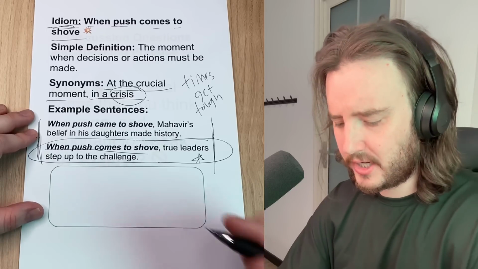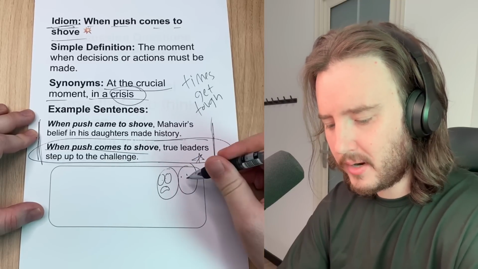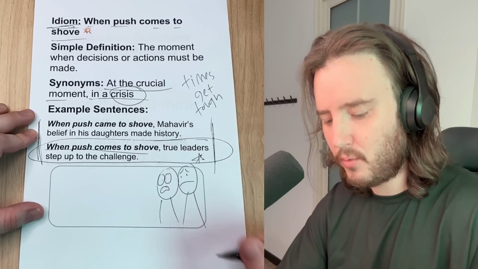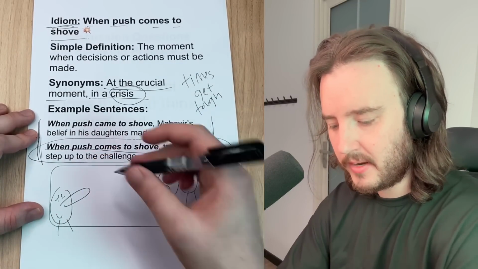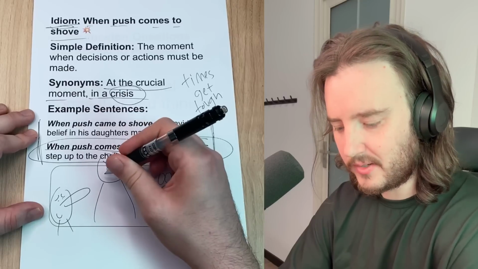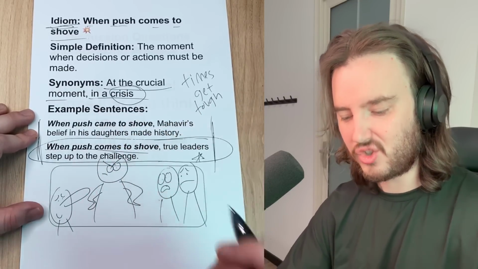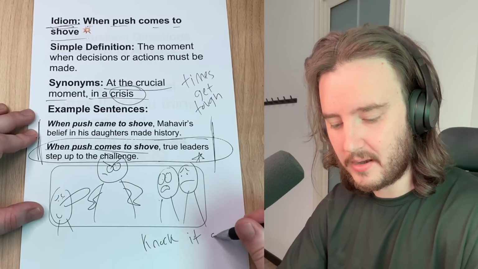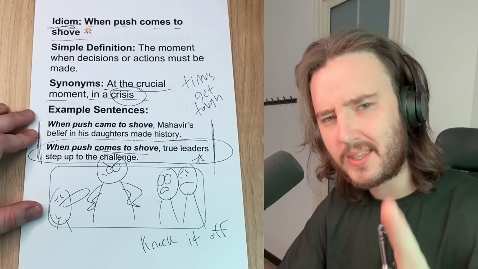Okay, so for the picture here, I'd like to revisit our previous illustration, okay? And remember in the last illustration, we had some school bullies making fun of a kid with a big nose, right? Well, here's that kid with the big nose, and he's over here, and he's got a best friend. Look at this, a best friend, and this guy is going to stand up for him, okay? We can see that he's putting his hands on his hips. He's saying, stop it. You guys, knock it off. What does that mean? That means quit doing this bad thing. Stop doing this bad thing.